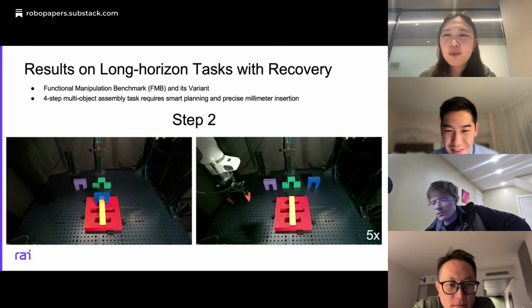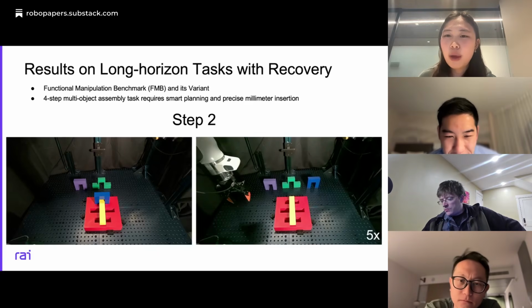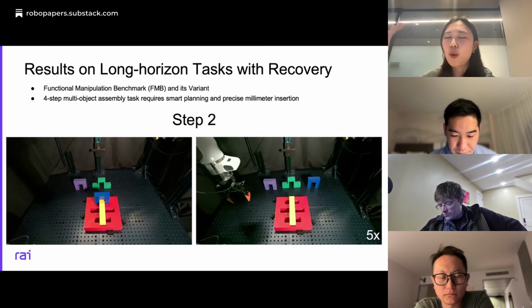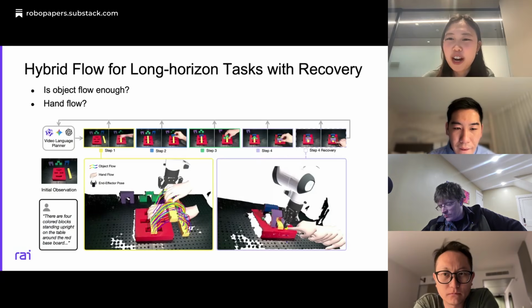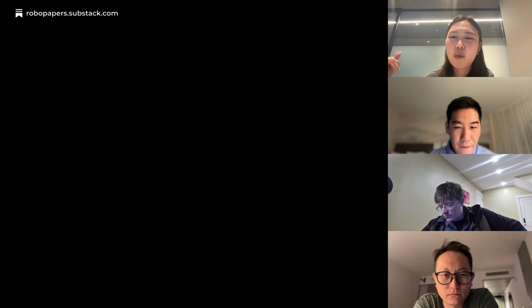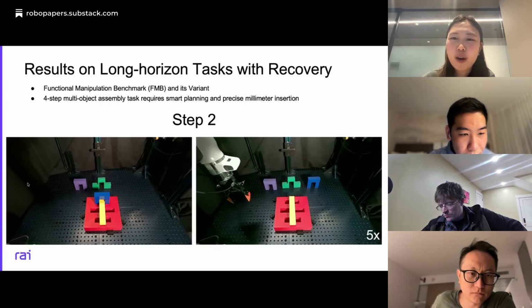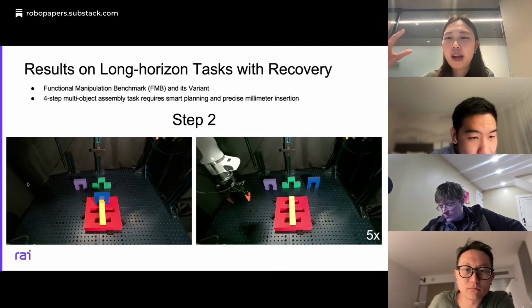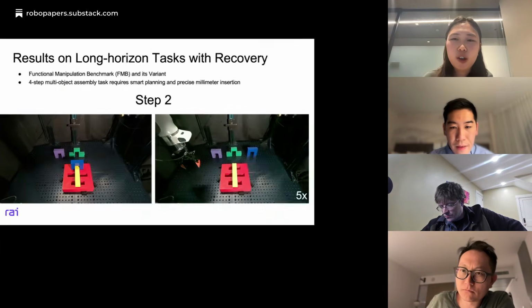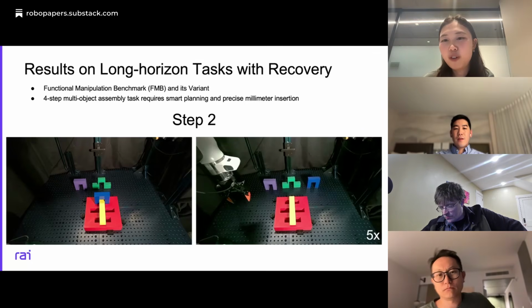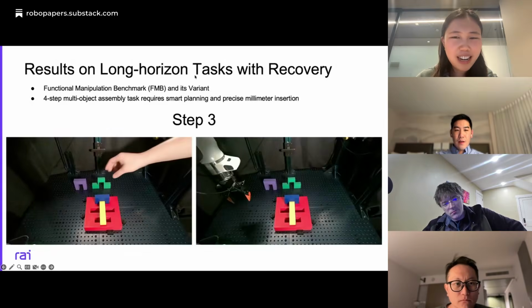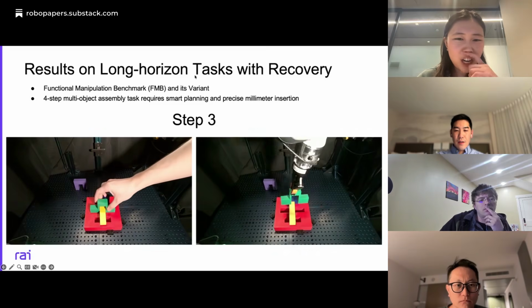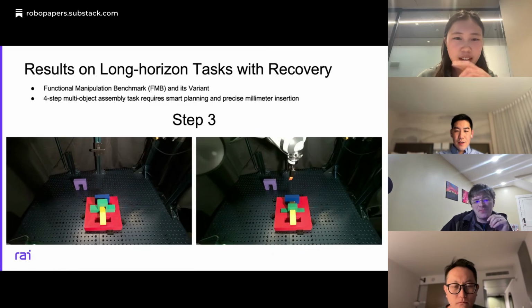Because we're building this as a closed-loop system, we have a VLM check once each step is accomplished. We have the state verification check: is this a success or failure? If the VLM says it's actually a failure, then we try to generate a recovery video to let the robot recover from the current failure state to the goal state predicted by the video. I think you can go to step 3. The slide order is kind of wrong here. Yeah, and then step 4.